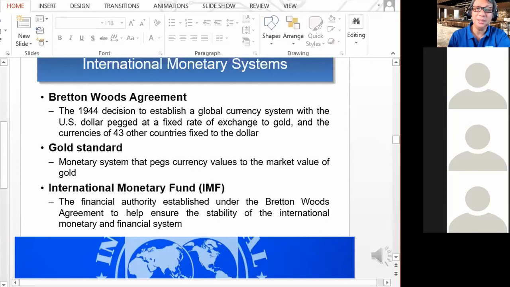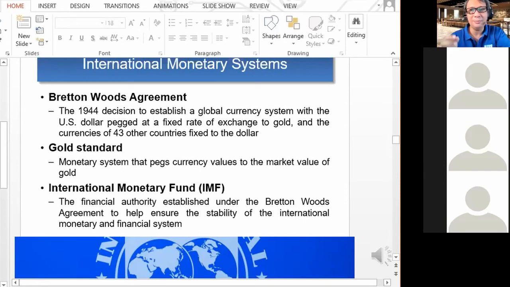So yan, dyan nagsimula actually yung Bretton Woods Agreement, nagsimula sila sa US dollar. Kaya naging popular ang dollar hanggang ngayon. Kasi everybody likes to be paid with the US dollar because they know that they can exchange it with gold. Kaya very, very strong yung US dollar. That was before. But later na, inalis na yung US dollar sa gold standard. So, wala na yata ngayong money na gumagamit ng gold standard. Puro fiat standard na. Okay.